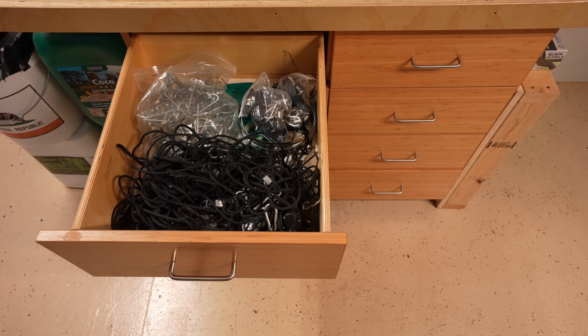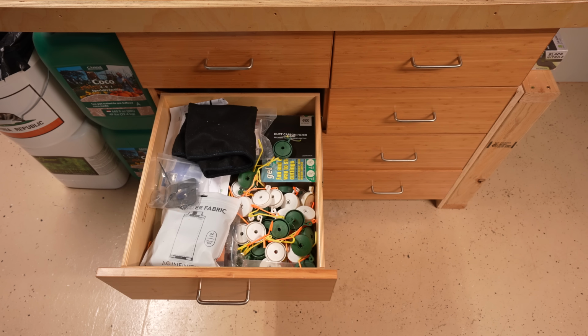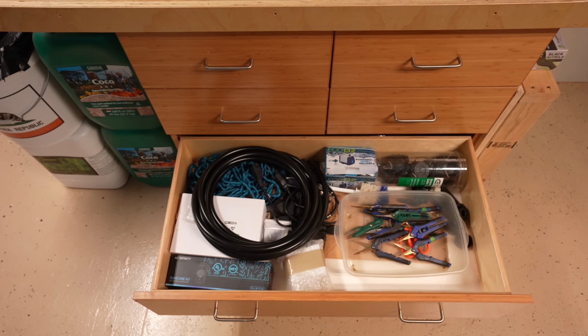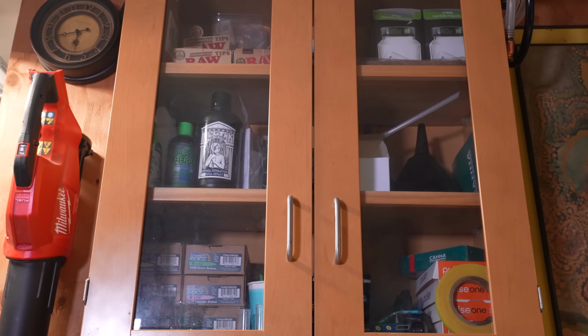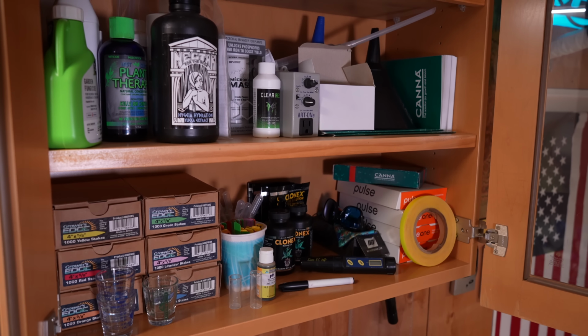All right, before we dive inside the room, let's check out a couple things outside the room. First, nutrient station and workbench. Got some drawers here with a cabinet that I got for free. This was just sitting outside another industrial unit at our last place, so I snatched it along with this cabinet,